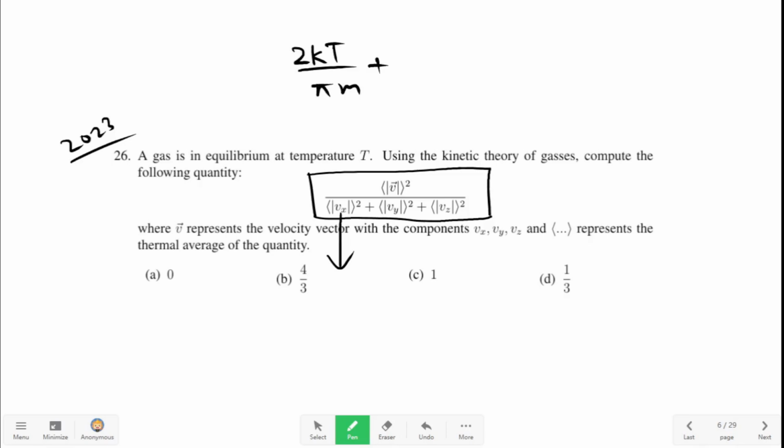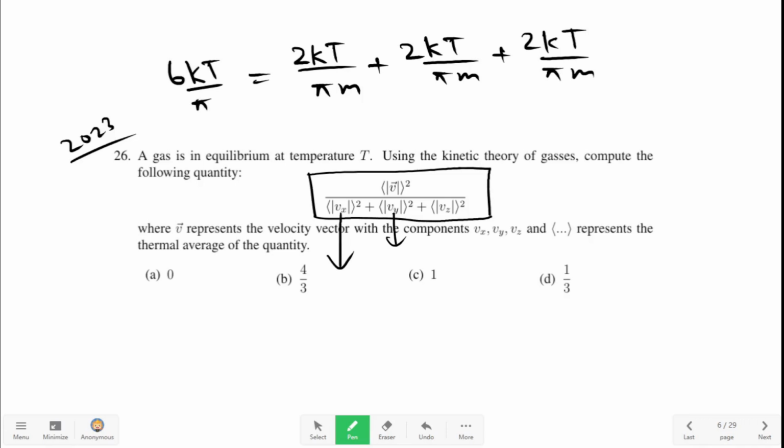It is also equal to the average of modulus of Vy squared, which is also equal to the average of modulus of Vz squared. Therefore in the denominator we have this quantity, which is equal to 6 kT upon pi m. So this is in the denominator. In the numerator we have the average of modulus of V vector squared. Let us find the average of